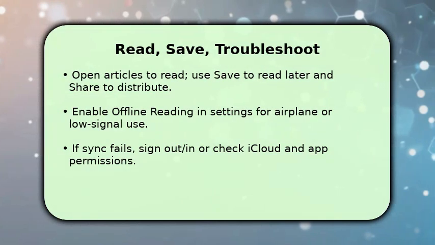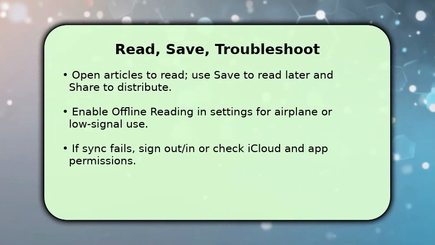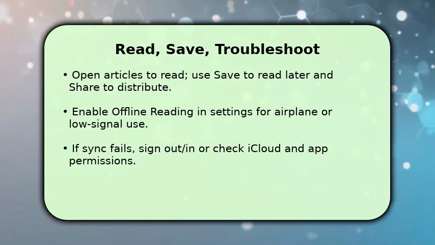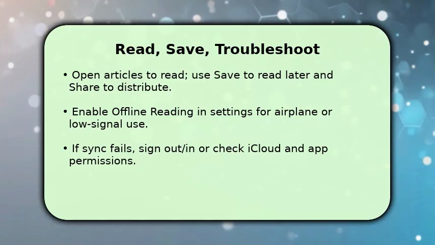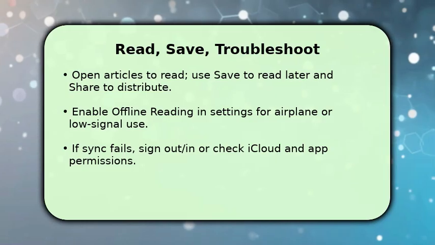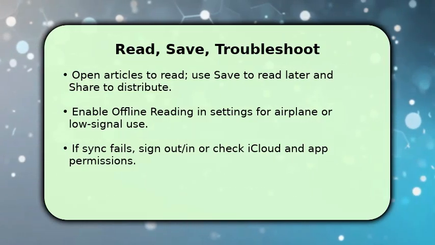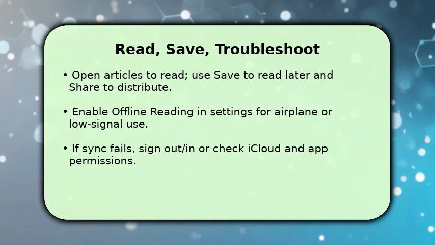Finish by reading and organizing content. Open any article to read, tap Save to add it to your reading list, and use Share to send stories. Once done, enable offline reading in settings to cache articles for flights or low signal. This prevents interruptions. If saved items or following choices don't sync, make sure iCloud Drive and Apple News permissions are